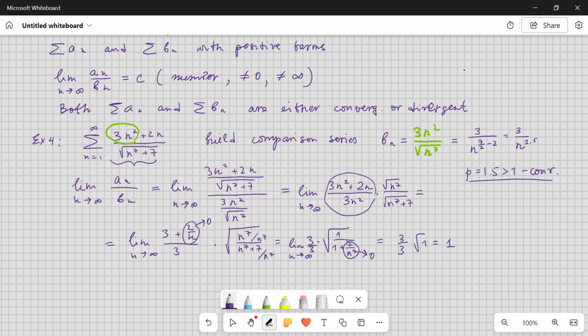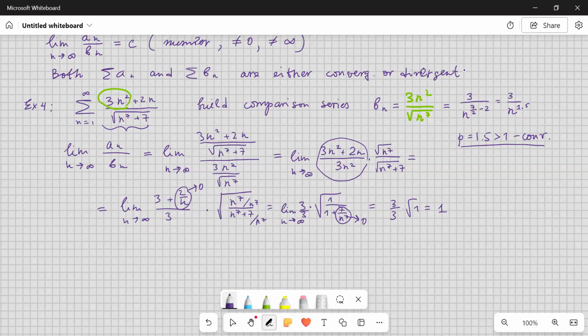Usually, guys, if you pick the correct comparison series, your limit is going to be 1. So this tells me that the limit is a number, not equal to 0 and not equal to infinity, which means it's a very nice number. And we know that one of the series, the bottom one, is convergent. We are going to say that by the limit comparison test,